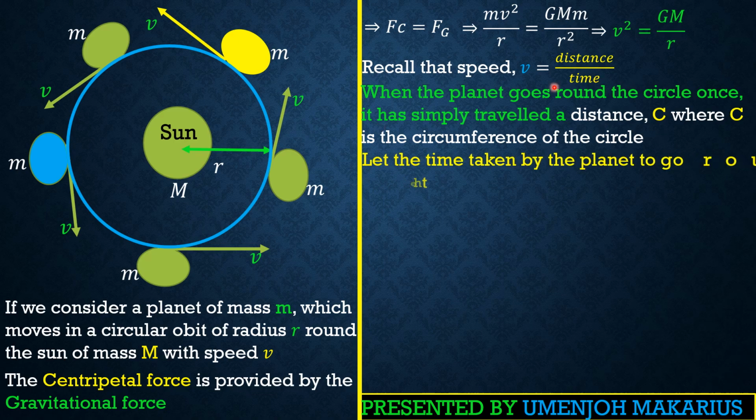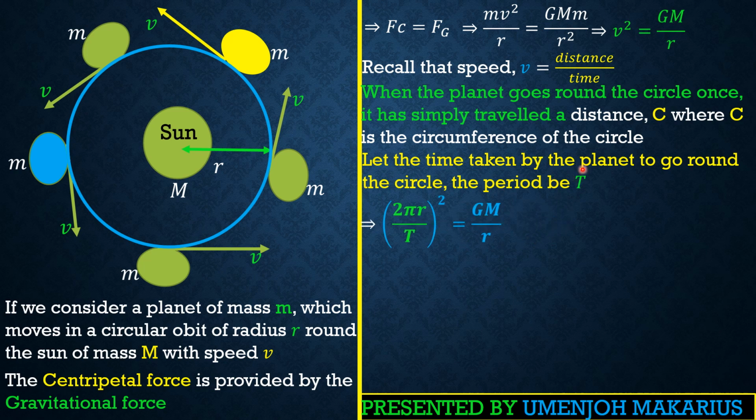And if we call capital T, friends, the orbital period, that's the time taken for this planet to move around this circle. We can call that capital T, which is the orbital period. It means that this our speed, we can write it as what, distance over time. And what's the distance, guys? The circumference, which is given as 2 pi r, all over T, all that squared, which is equal to